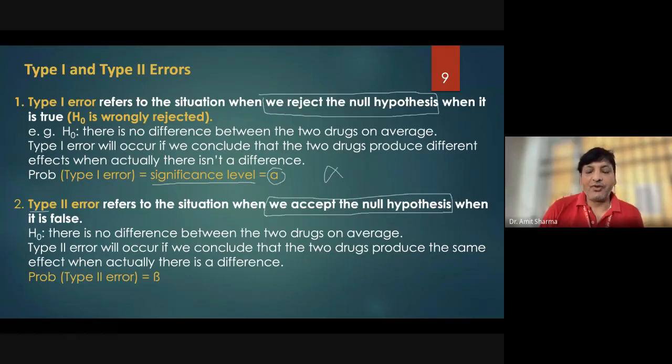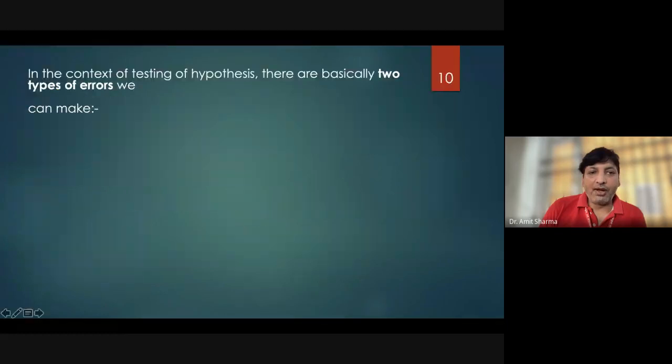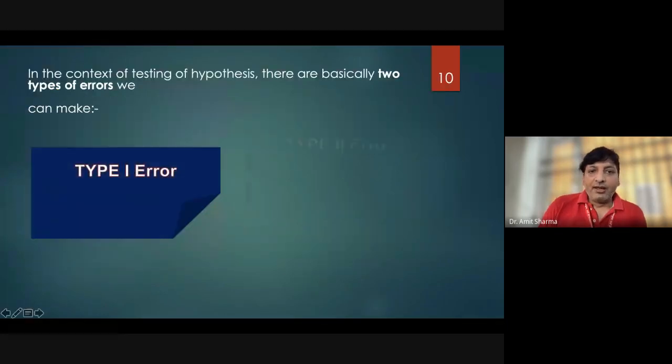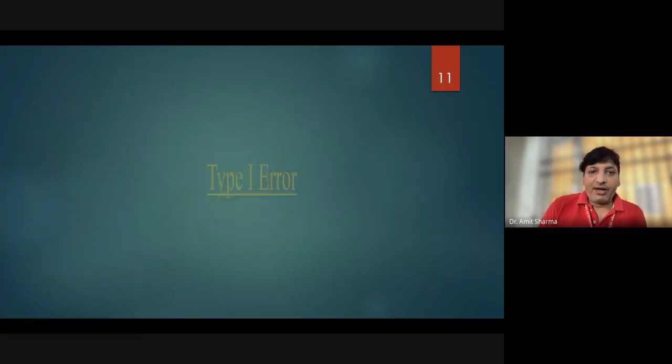So whenever you are going to search on the internet what the difference is between type 1 and type 2, you are going to find even a diagram. That diagram I'm going to show you. Before that, I'll just let you know that two terms you have to remember: type 1 error is designated as alpha and type 2 error is designated as beta. Beta will be called as type 2 error, or we used to call probability of both type 1 and type 2.